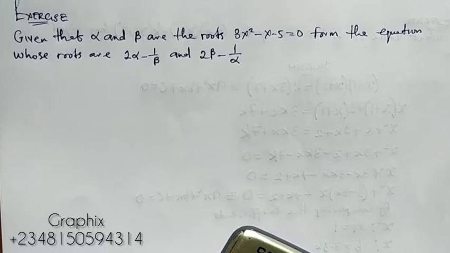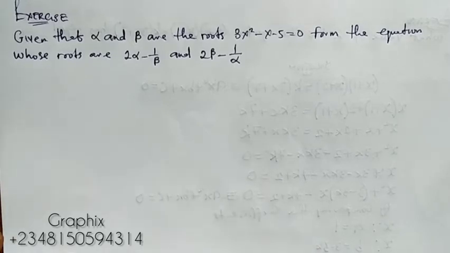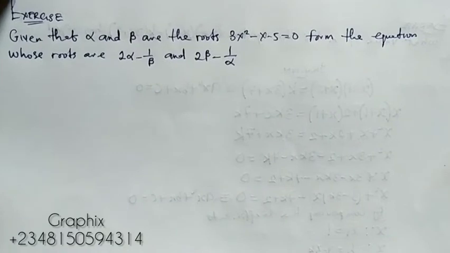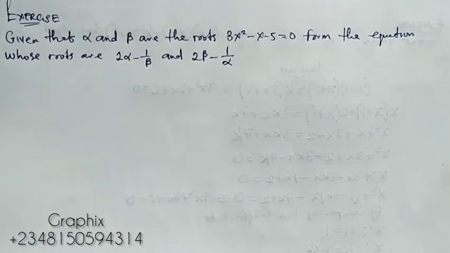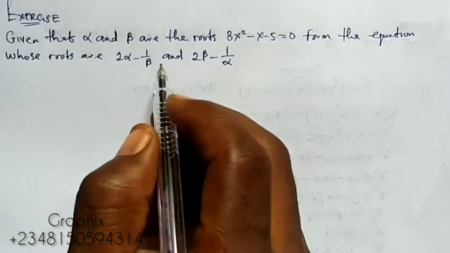Now let's look at this exercise that says that given that alpha and beta are the roots of 3x squared minus x minus 5 equals 0, form the equation whose roots are 2 alpha minus 1 over beta and 2 beta minus 1 over alpha. Now what you do, like I always say, is that you first of all get your alpha plus beta and you get your alpha beta. So, solution,